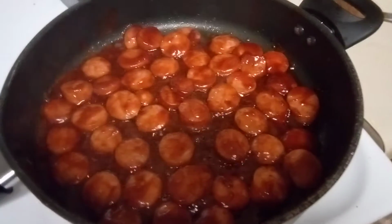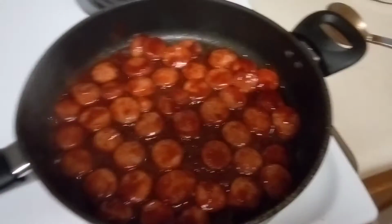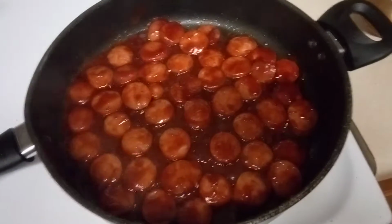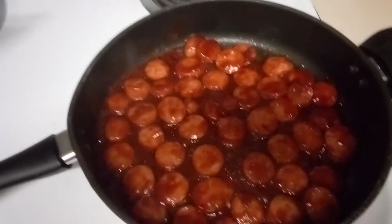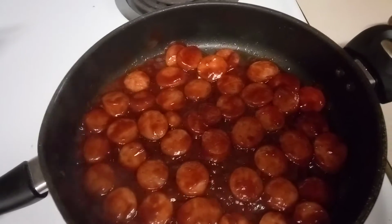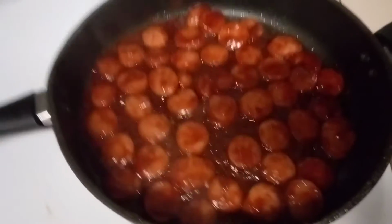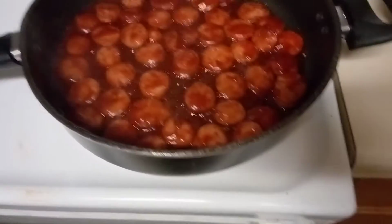What do you do when you have leftover barbecue sauce but not enough for doing much with? I actually didn't even have really enough to do burgers with. I cut up one sausage log and cut them up like we cut up hot dogs, just a little bit thicker, and threw them